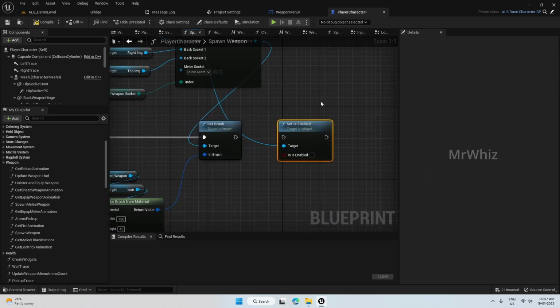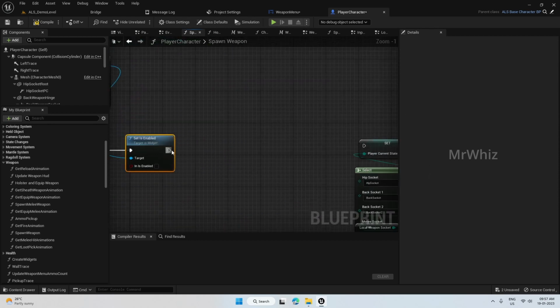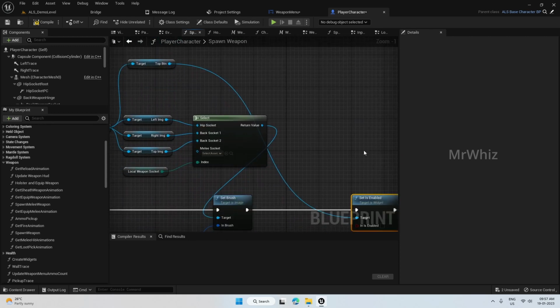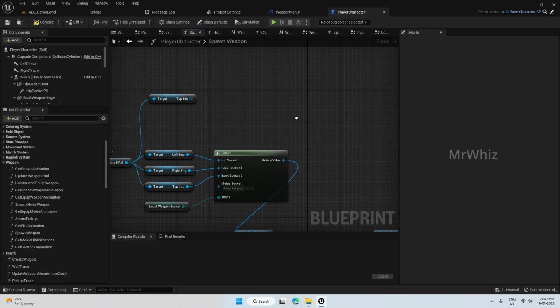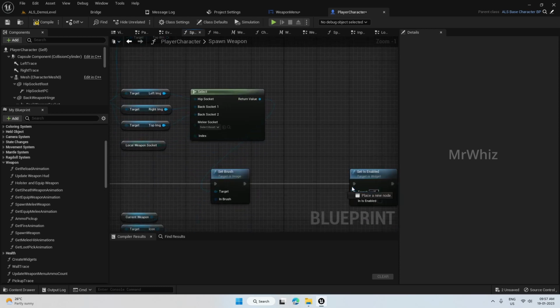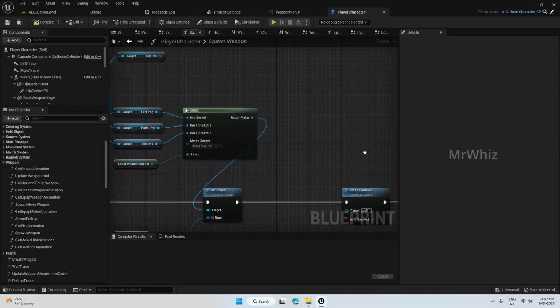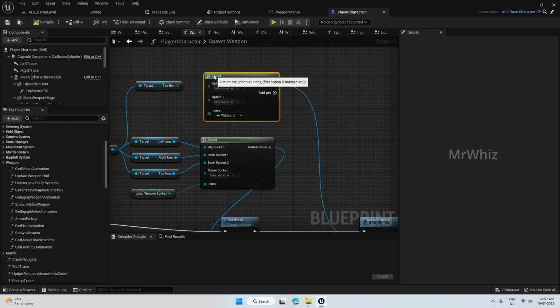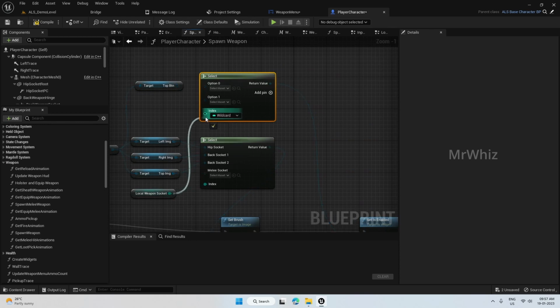Okay, set is enabled. Okay, and similarly do a select for this also. And even this is based on the local weapon socket,